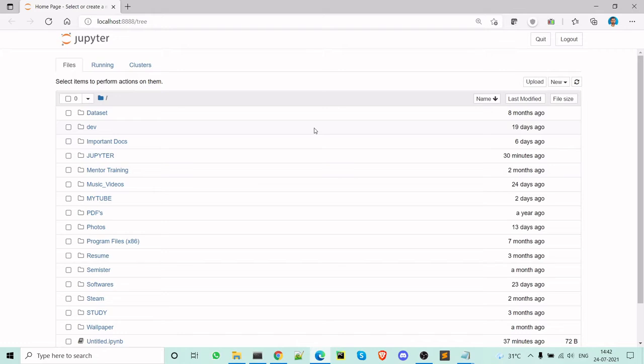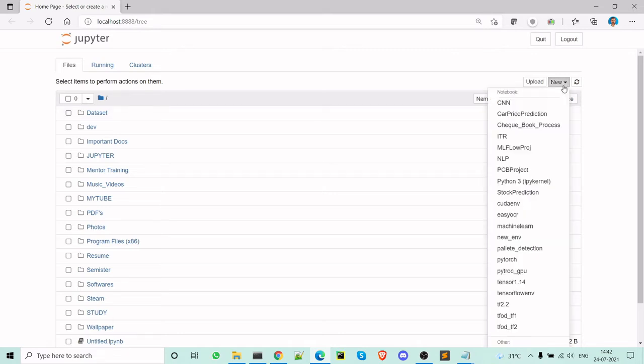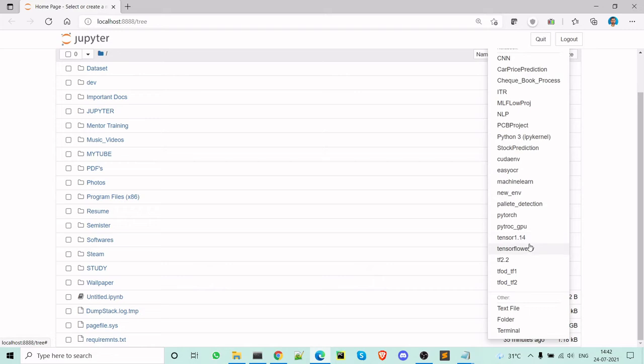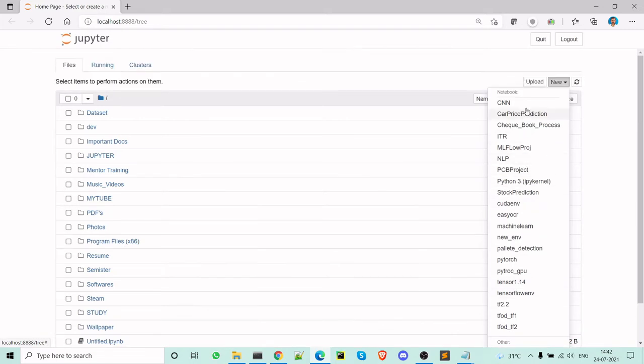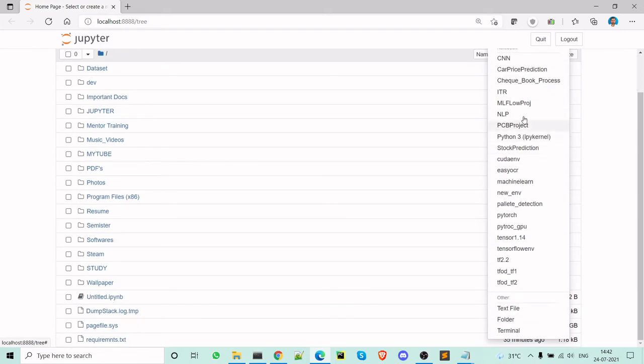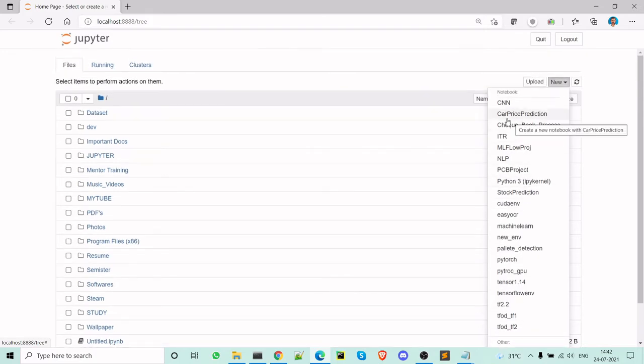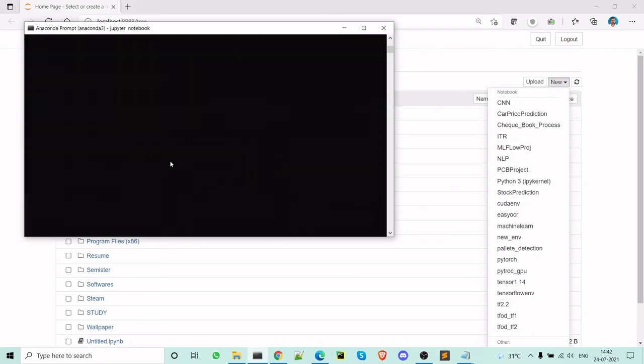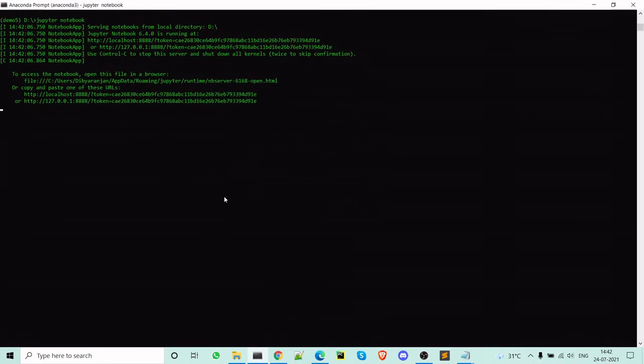One thing to note: to access your environment from the Jupyter Notebook, you have to do certain things, because if you search, the demo 5 environment is not displayed here. For that I'll show you what you need to do.